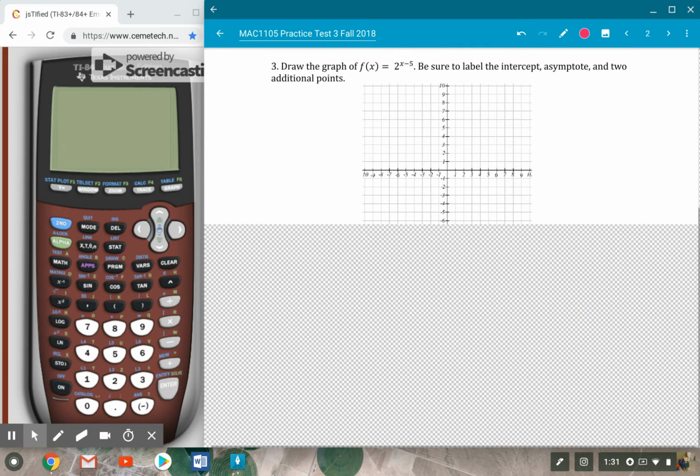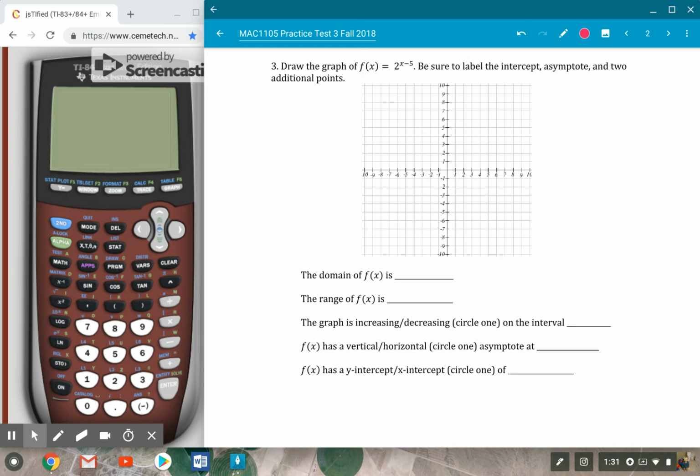On to number 3 here. We want to draw the graph of 2 to the x minus 5. Be sure to label the intercept, the asymptote, and 2 additional points. So to start with, for the intercept, you just plug 0 into your function. So if you plug 0 in for this x right here, you're looking at 2 to the 0 minus 5,